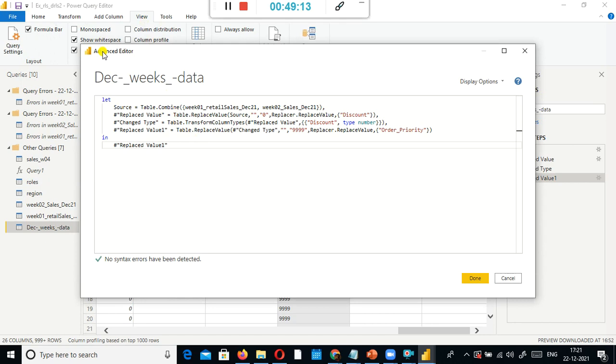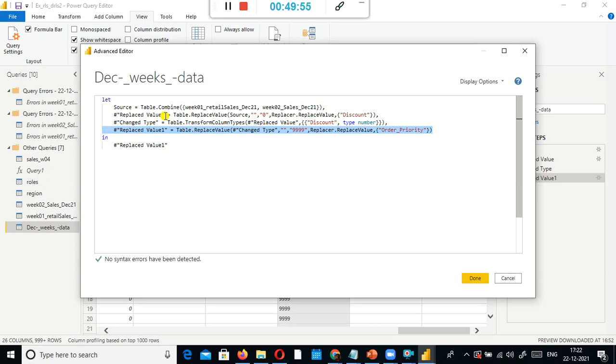In Power Query Editor, we don't have to write the programming language. It automatically generates the language for whatever action I take. For example, I right-clicked, and in the first field I did not type anything, blank, and in the second field I typed 49. That means wherever the blank values are there, replace them with 49. Behind the scenes, the corresponding M function, the M language, got created. Very good, now I understood.